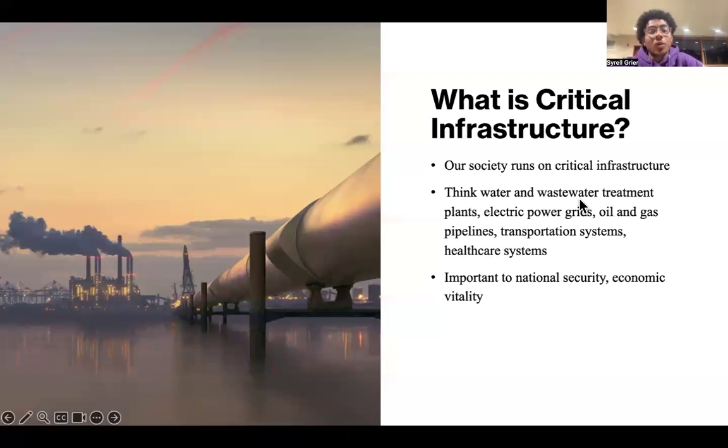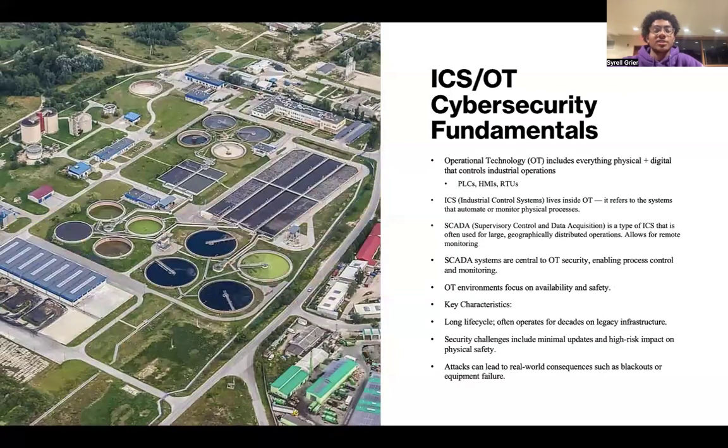Now, you might be asking, why does critical infrastructure need cybersecurity? And that is because things are becoming more interconnected and more of these components are being connected to the internet daily, making them vulnerable to attacks. But to break it down simply, to break down some of the various components of OT/ICS cybersecurity, operational technology refers to the technology that interacts with the physical world. So you can think your pumps, your motors, valves, sensors, PLCs or programmable logic controllers, HMIs or human machine interfaces, and remote terminal units or RTUs, amongst other things.